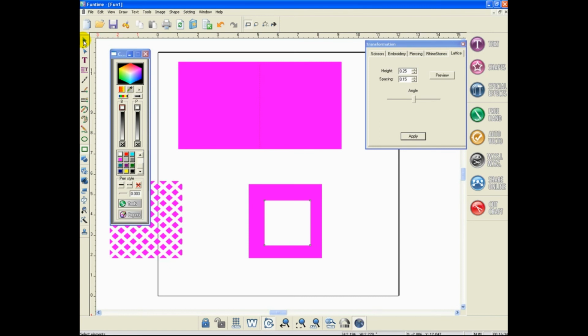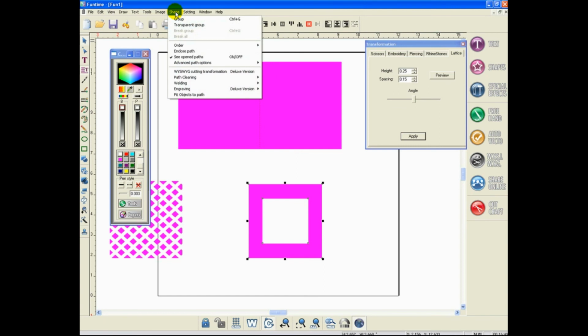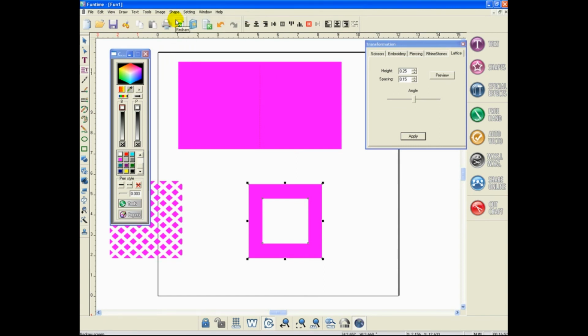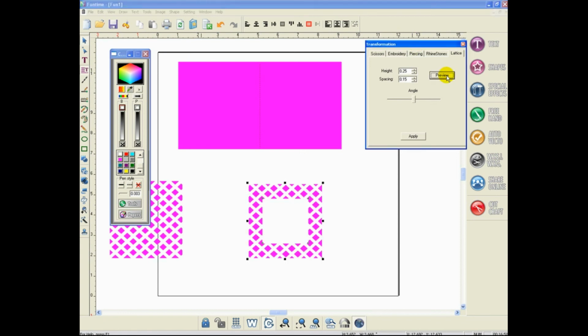Select your selection tool and drag a selection around both pieces, and then use your alignment tool and center those pieces to each other. Both pieces are still selected. Go to your shape menu and group them together. Now go back over to your lattice window and select preview again, and it only lattices the outside edge, not the center piece. Click the apply button,